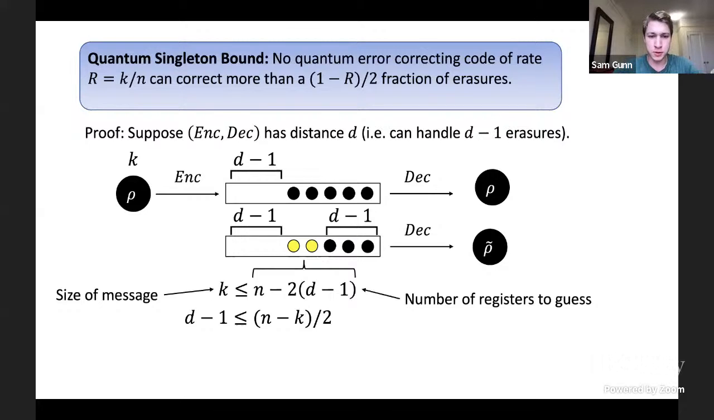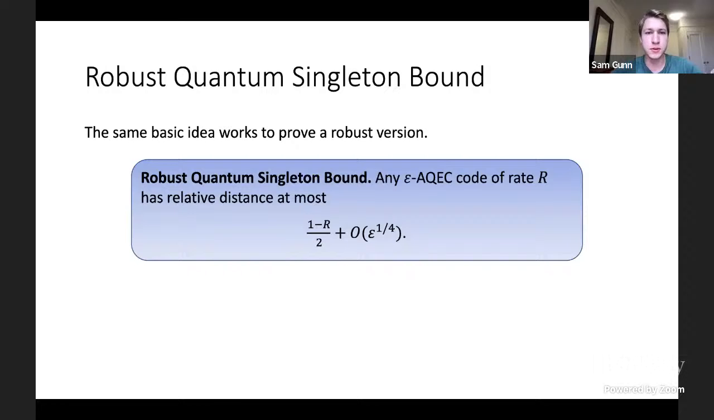Okay, so also, as you can see from that argument, there's nothing about the exactness of the codes that we use. So similar arguments extend to the approximate setting, where we can show a robust quantum singleton bound. The robust quantum singleton bound says that even if you allow an epsilon amount of error in your code, then